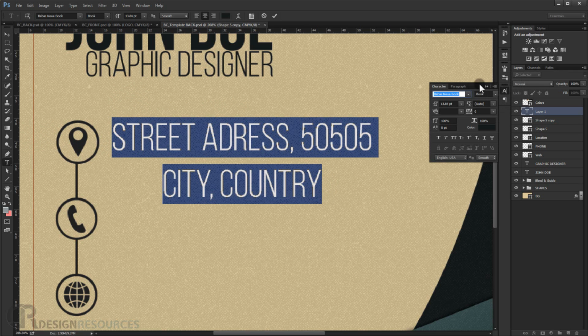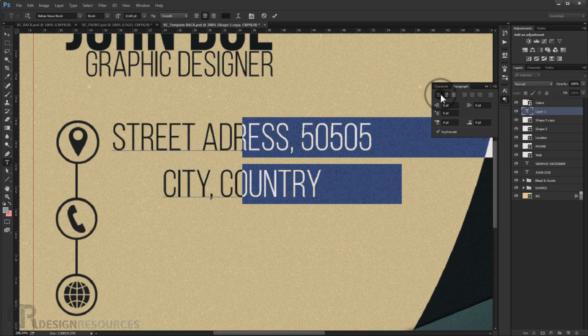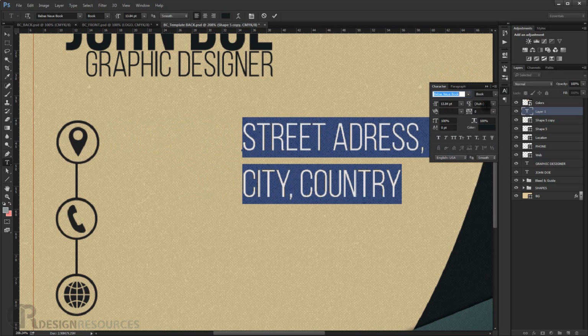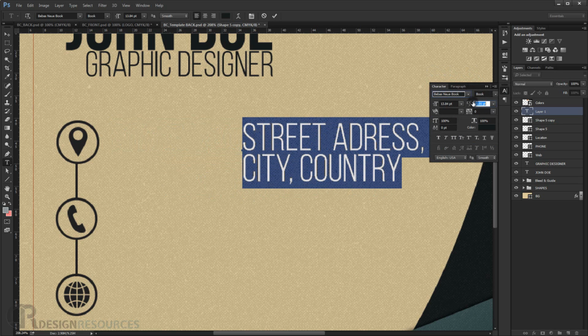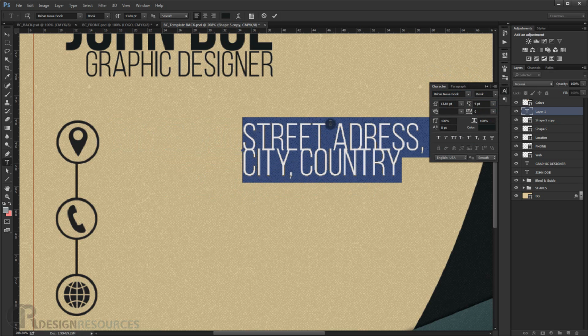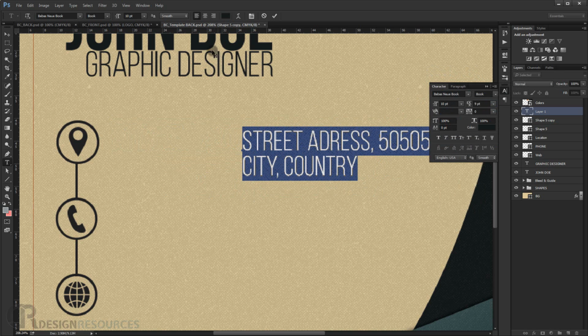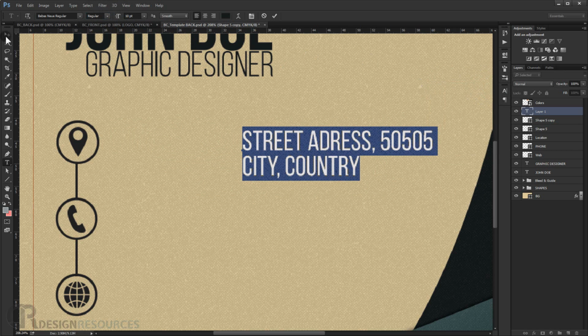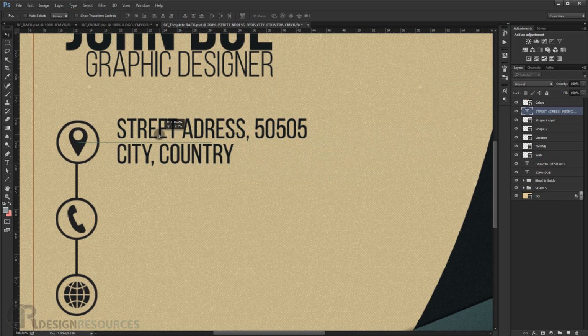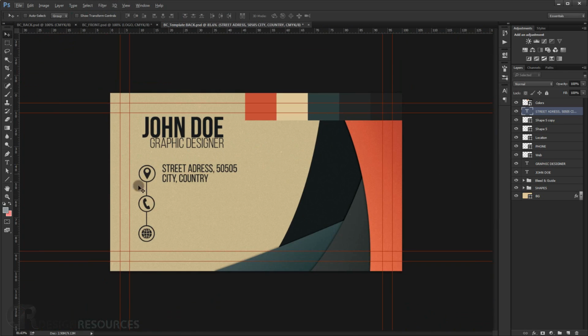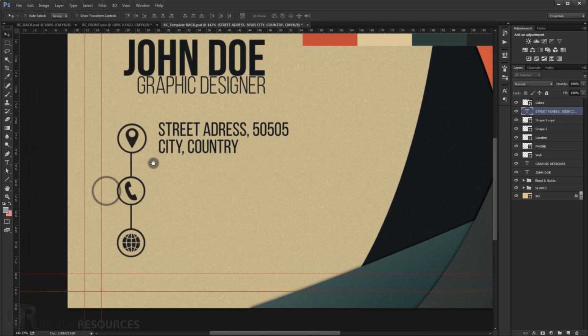And I will go to the character panel in here, and I will line them up like that, and I will change the spacing between them, something like 9, and I will make them like 10, and I will put them in regular like that, and I will replace it. Alright, like this, as you can see,